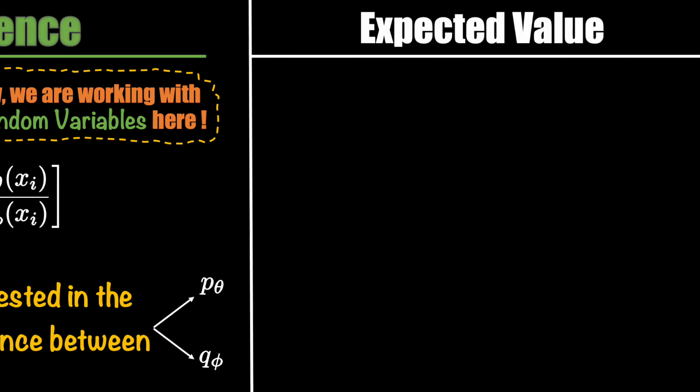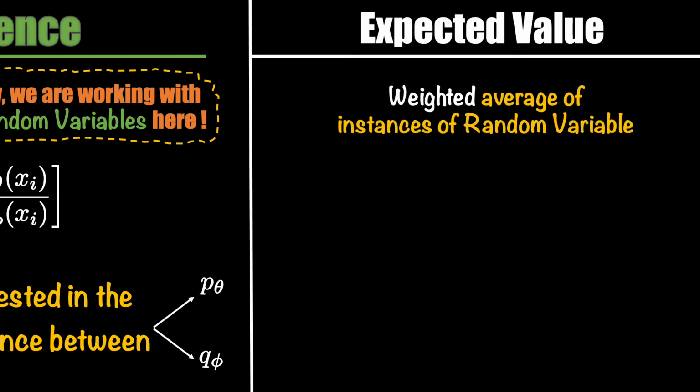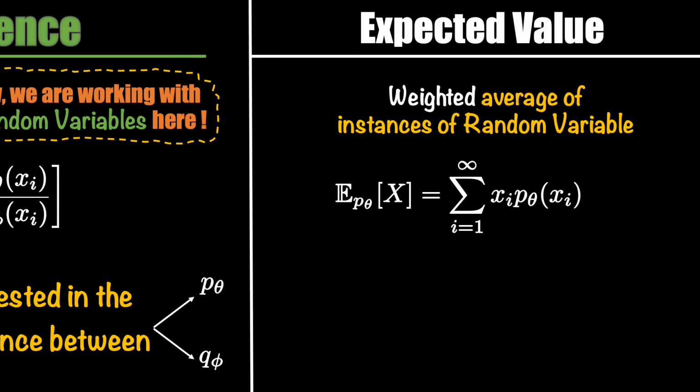So here is a very quick primer and recap of expected value of random variables. For random variables, since all states have their respective probability of occurrence, the average should reflect that. That is, samples that have higher chances of occurrence should contribute more towards the average, and this is why we call it a weighted average. And this is how you would do it for a discrete random variable.